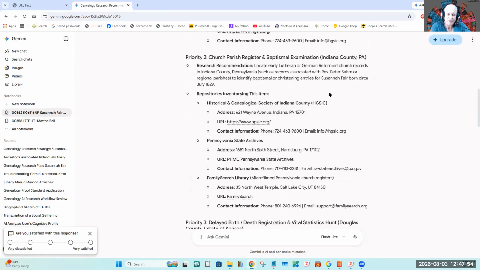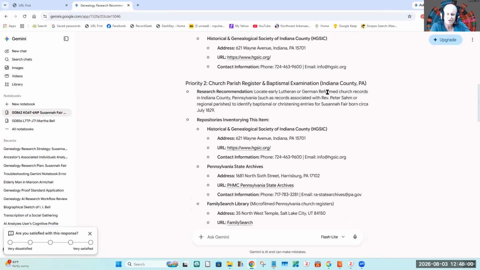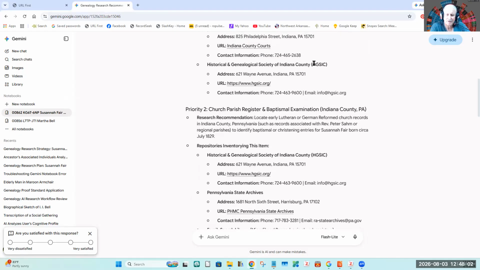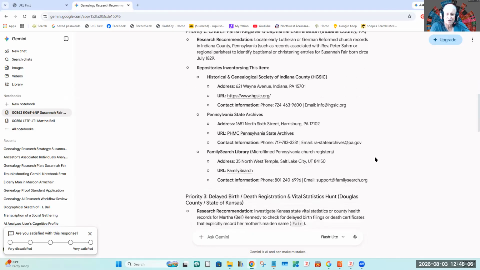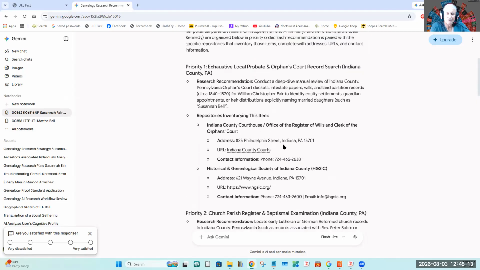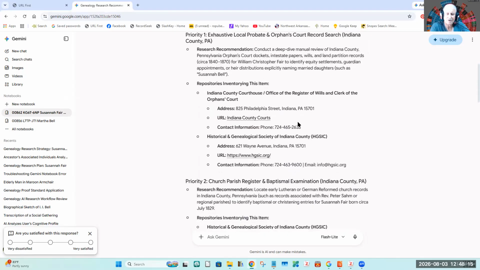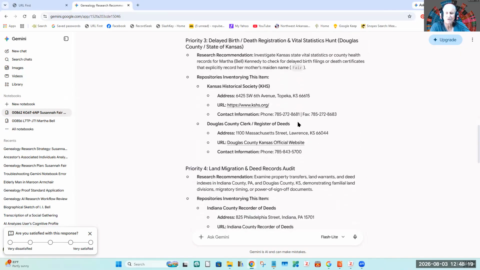The repositories for that are the Historical and Genealogical Society of Indiana County, which is the same one as up here, and then the Pennsylvania State Archives, which is new, and the FamilySearch Library, which is new. So church records are not likely to appear at the Indiana courthouse.